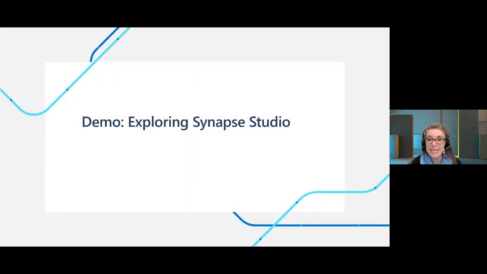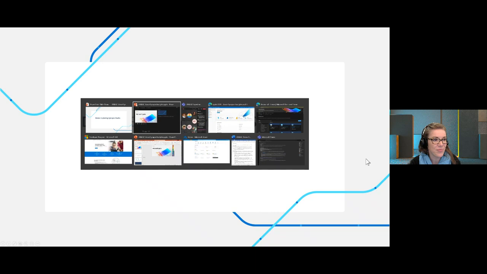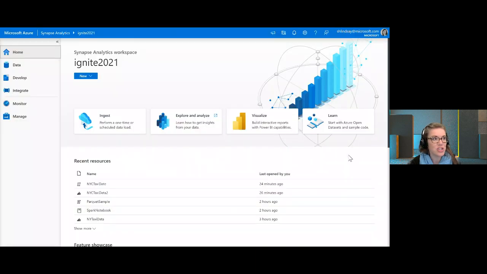All right, so let's make this a little bit less abstract and show you how it works. We're going to jump right into our Synapse Analytics workspace. So this is Synapse Studio. Where we have landed is in the Home Hub, which provides shortcuts to the common features that you're going to use in Azure Synapse Analytics, as well as useful links. So you can see here, we've got recent resources. You have shortcuts to ingest your data, explore, and visualize using Power BI. And then, of course, you can create new resources right here.